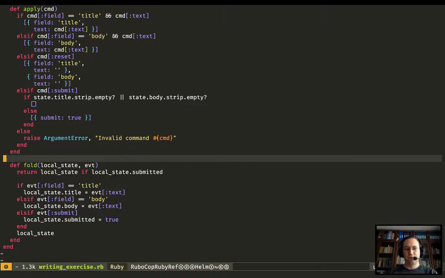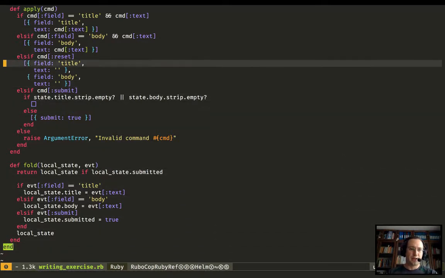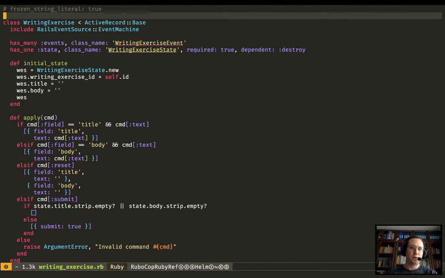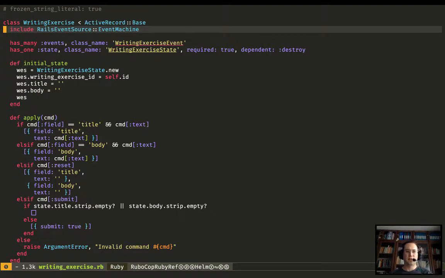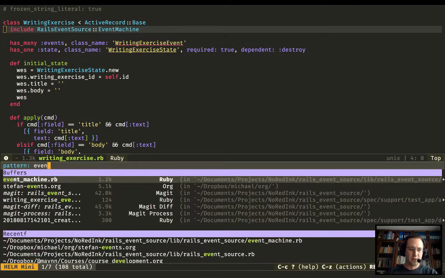So that's all great, but we are relying rather on the fact that we want certain things now to happen, and we want to be able to do them reliably. And this is what Event Machine does for us. So having looked at our example, let's have a look at how Event Machine itself actually